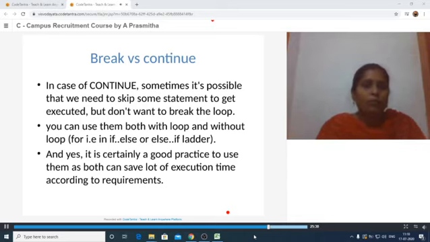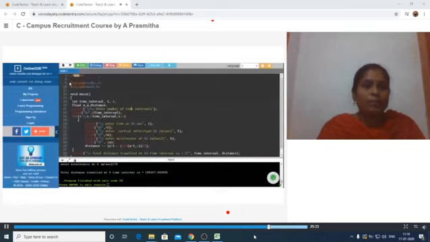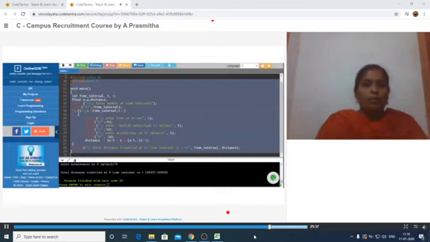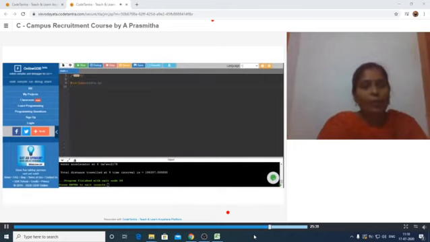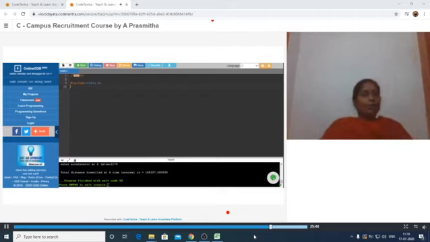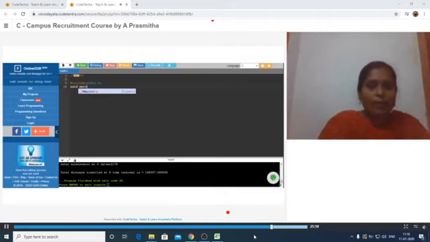Let us suppose I am writing something like this. I just want to print 1 to 10 numbers and I want to break the loop when the value of i reaches 4. So I am writing void main.